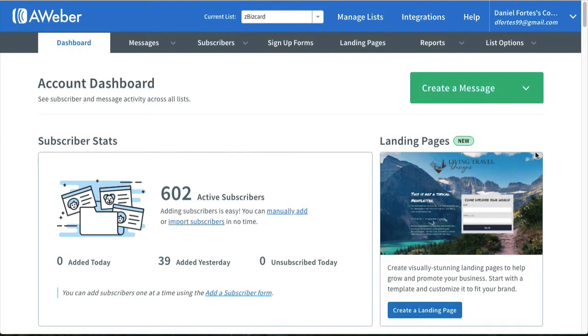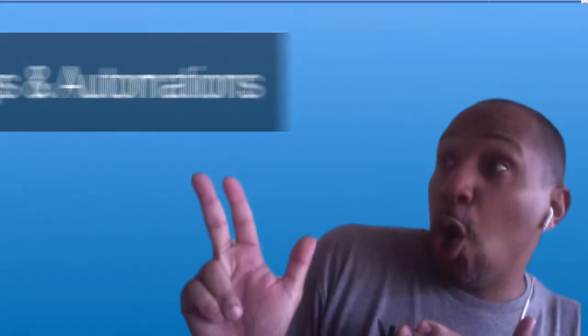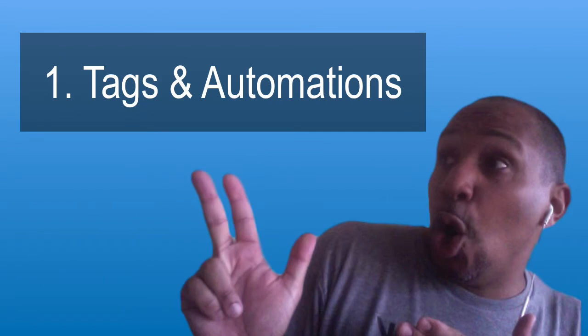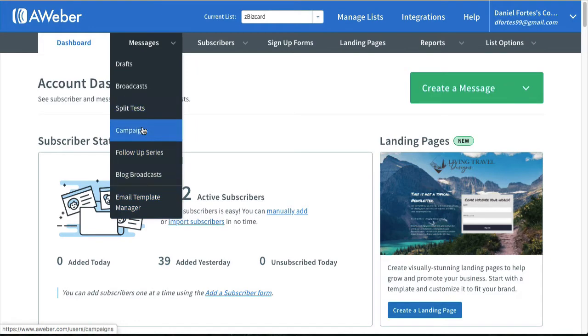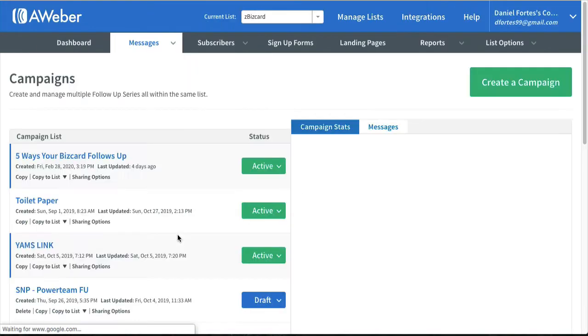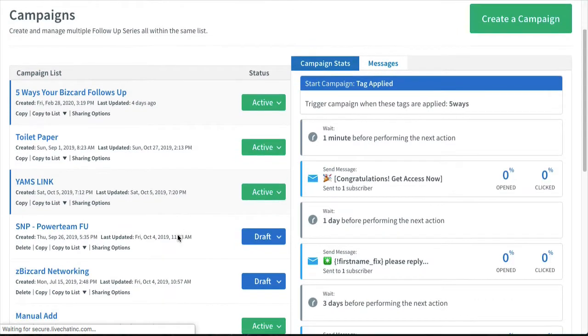So let's start with tags and automation. Back when you typically would build your list with Aweber, you pretty much could do a follow-up series, and you could do broadcasts. That's on the basic level. Since then, they've been adding campaigns and automations, and I'll get to campaigns in a second. What tags and automations allow you to do, I should probably just go over here and show you, is if I went over to campaigns, for instance,